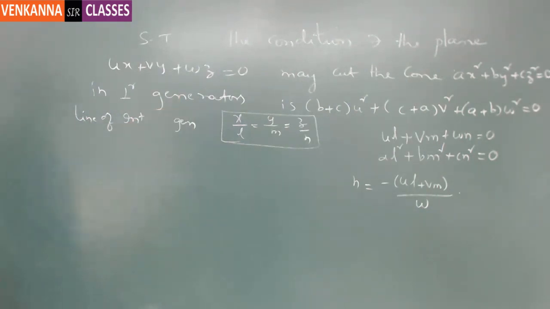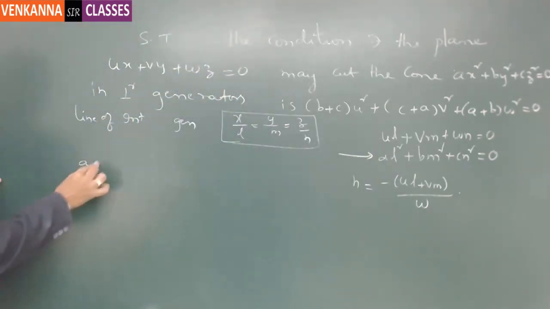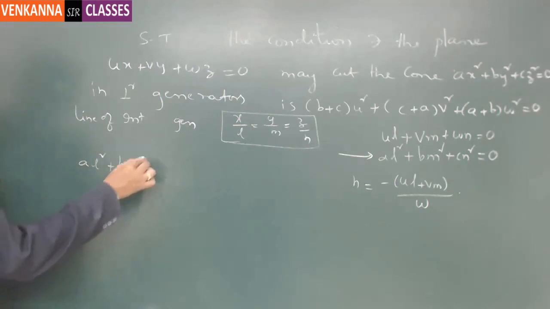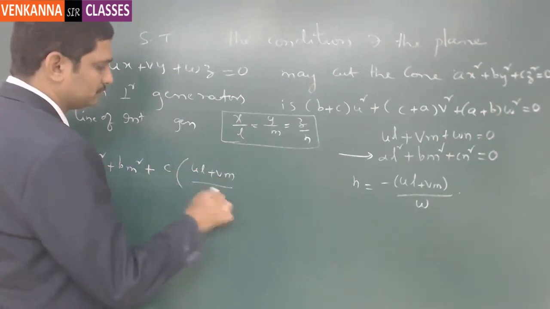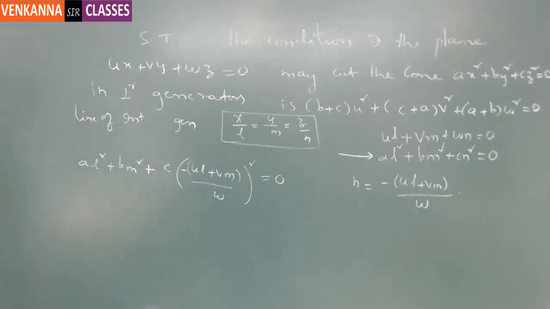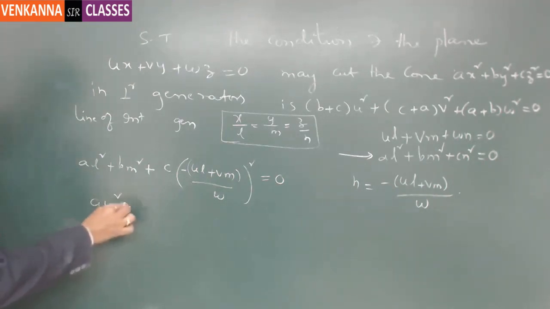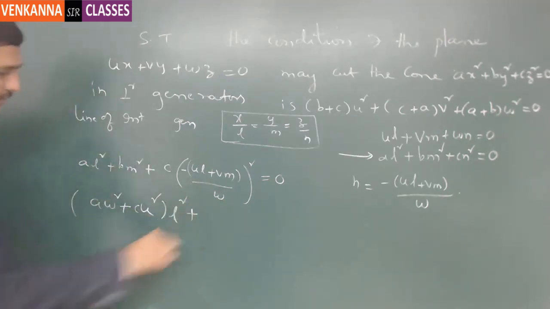Substituting the value in this equation, you have al square plus bm square plus c into (ul plus vm) by w whole square equal to 0. So you can simplify the part. On simplifying, you will get that (aw square plus cu square) of L square